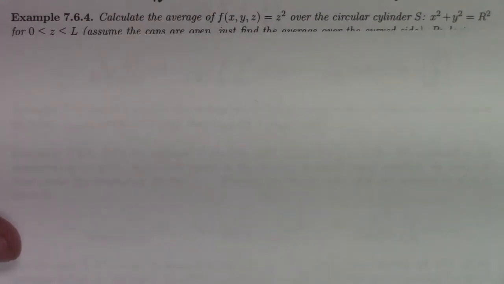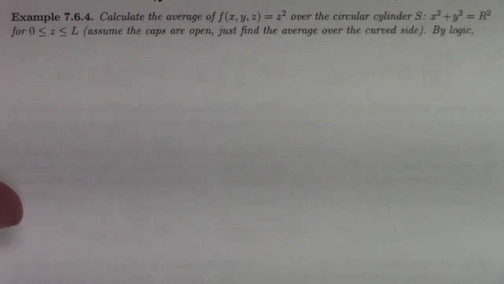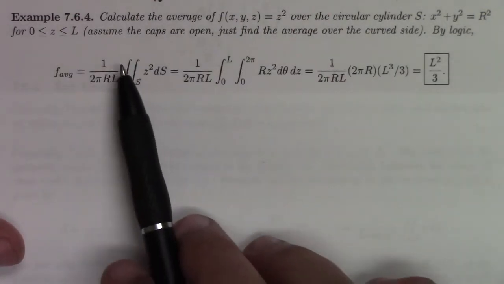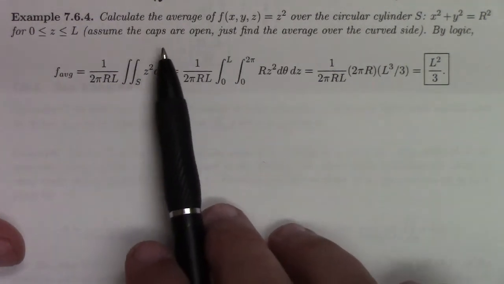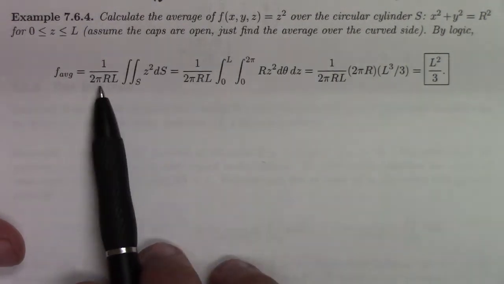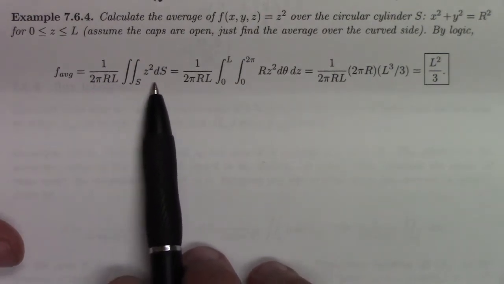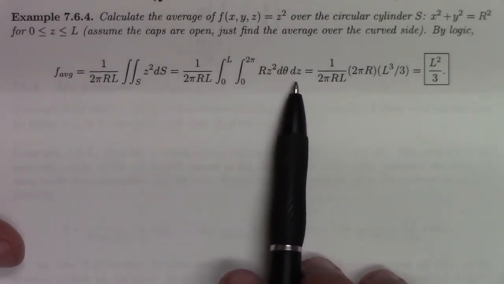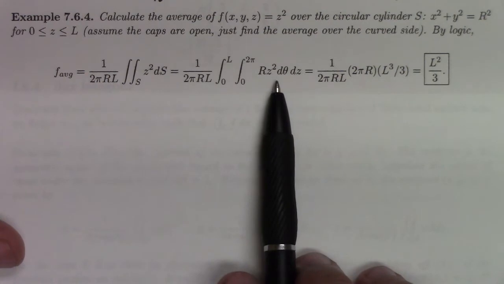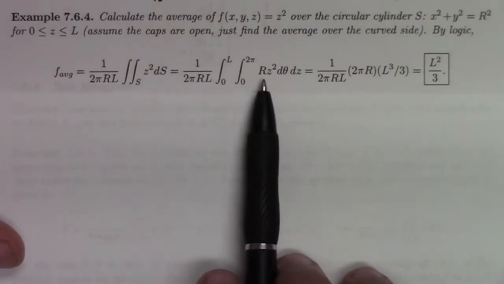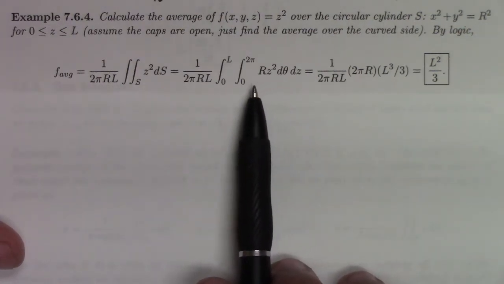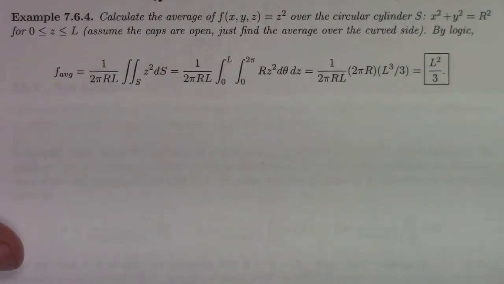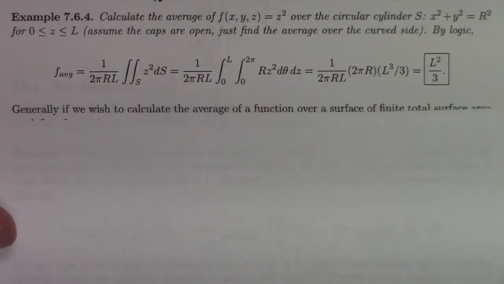F of x, y, z equals z squared over the circular cylinder. We want to calculate the average of that function. So what you do is you divide by the area of the cylinder. I'm assuming the caps are open, so the area is just 2 pi R L, and then integrate z squared over dS. It's a cylinder, so we can use z and theta as the parameters. So z squared is just z squared, and ds was r d theta dz from that previous example we looked at, right? And so you do the integral, and you get L squared over 3. That's the average value of the function over